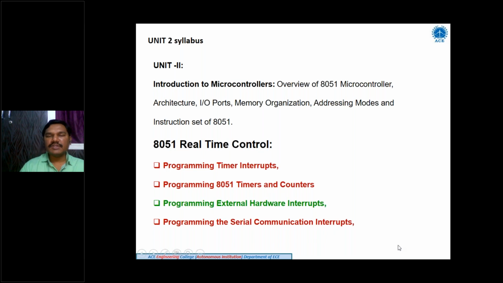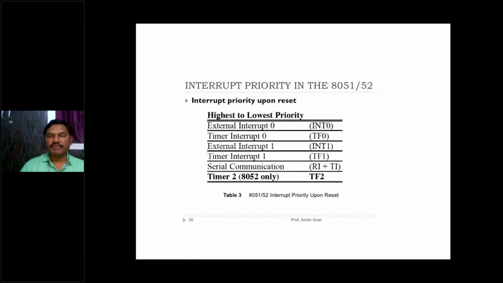Here is the list of the interrupts: external interrupt 0, timer interrupt 0, external interrupt 1, timer interrupt 1, and serial communication interrupts, transmit interrupt and receive interrupt. TI and RI stand for transmit interrupt and receive interrupt. These are the interrupts of 8051.